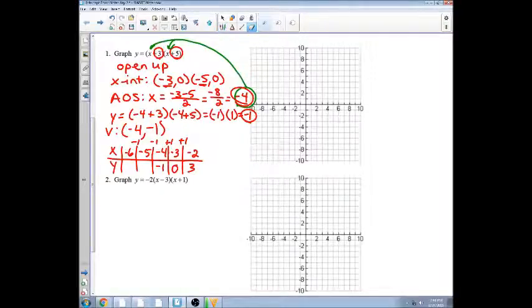Just like in every other form that we've done so far, if it's here, it can also go there. And if it's here, it can also go there. So I have my table. All I have to do now is go ahead and plot it. So negative 1, negative 4,